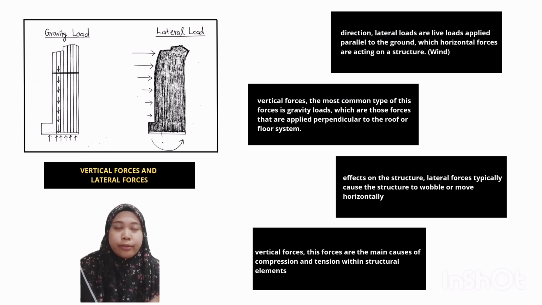So as we all know, the most common type of lateral force is wind load, and for vertical forces, the most common type of these forces are gravity loads, which are those forces that are applied perpendicular to the roof or floor system. So vertical forces are separated into two categories, which are dead loads and also live loads. Then for the effects on the structure,